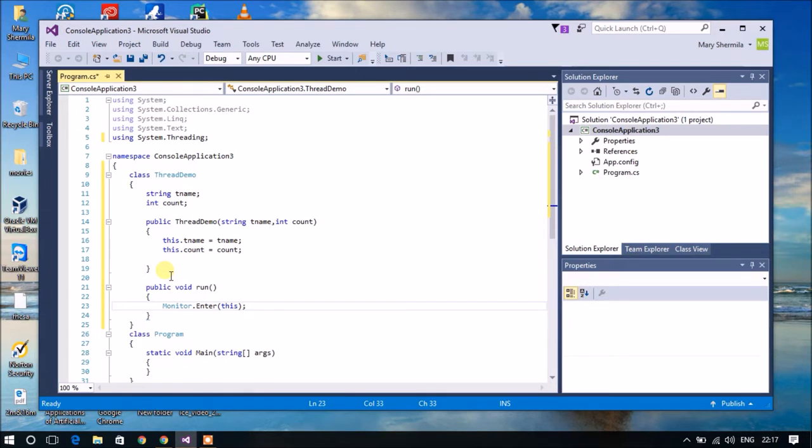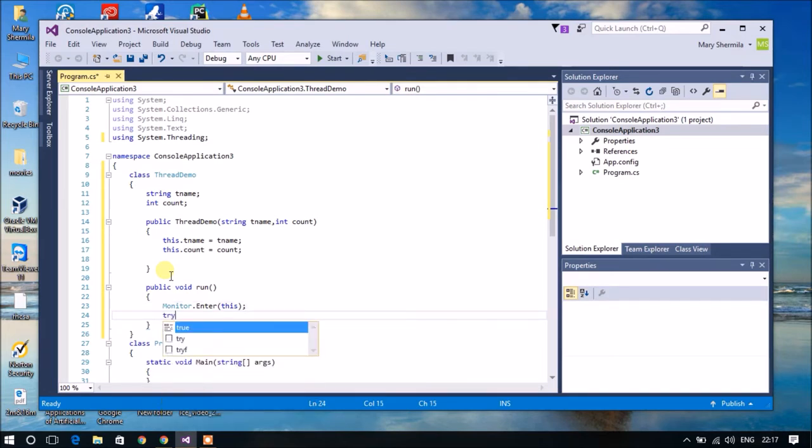In order to overcome this, you need to use a concept called synchronization, which will synchronize thread 1 and thread 2 for you. So in order to use the synchronization concept, you must give this line as Monitor.Enter of this. This is for your synchronization process.